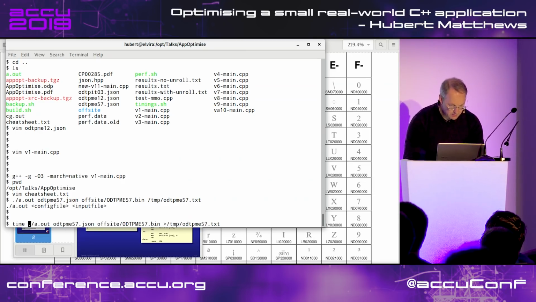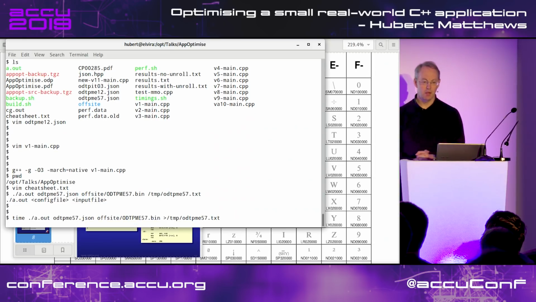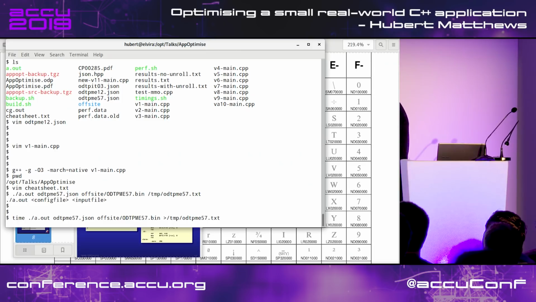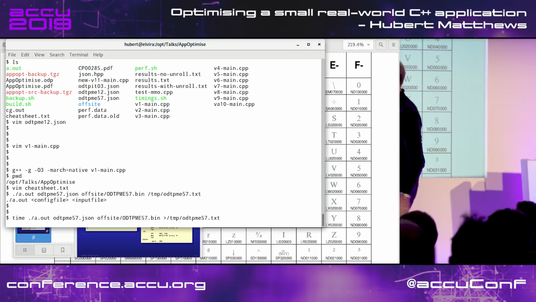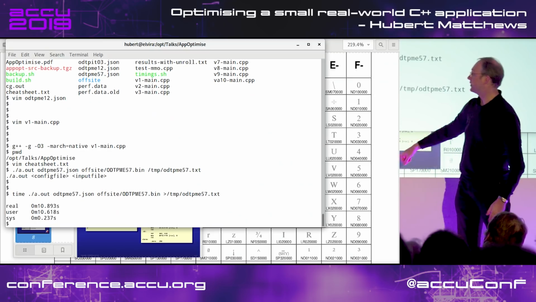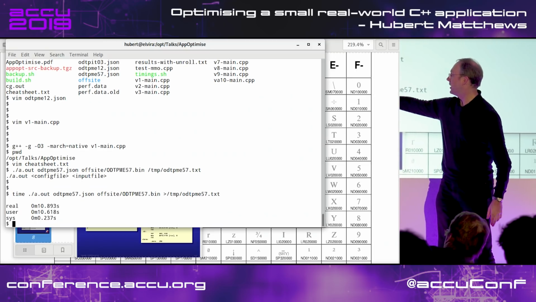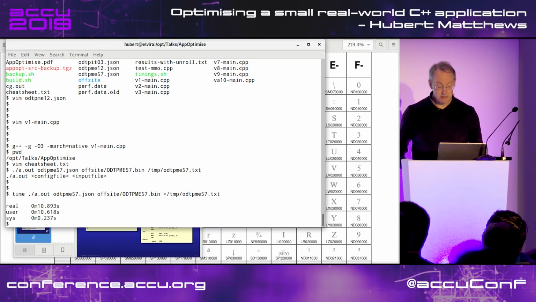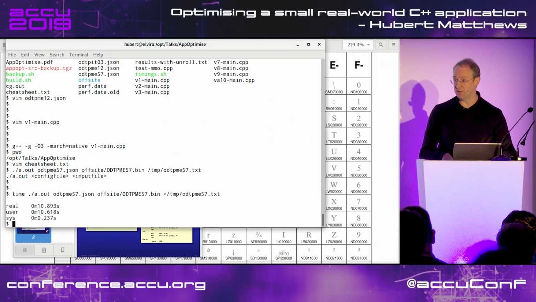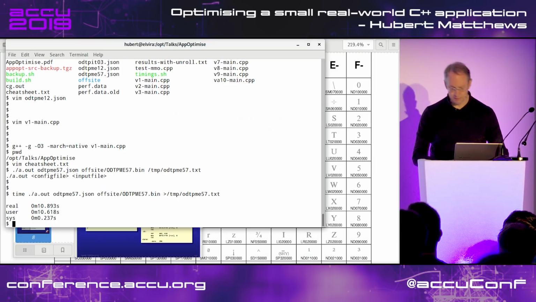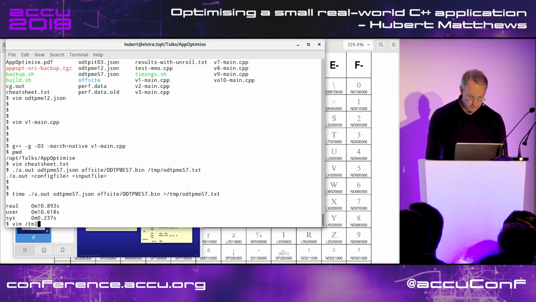So this will take probably 10, 12 seconds. So running my a.out, the JSON file, which is the thing that says all the things. Here's the input file, which is the big binary file, and I'm putting it out to that text file in temporary. I'm running on my laptop here, which is a Core i5, and it's got a solid state drive, so that's fine. If we go and have a look at that,